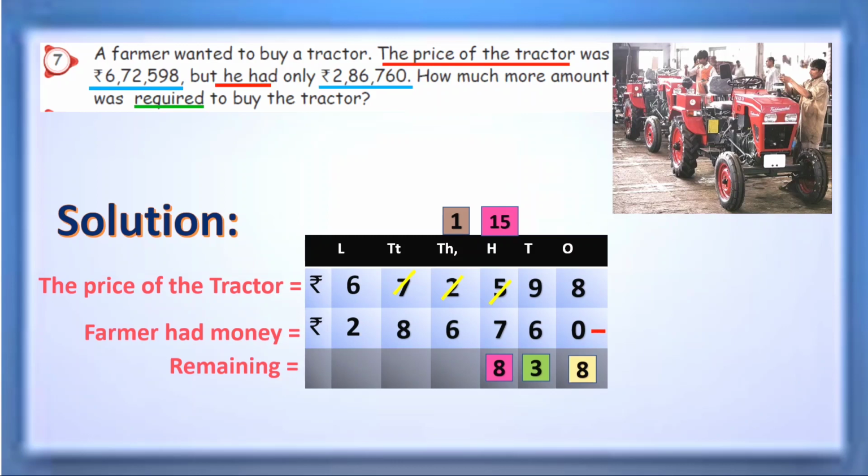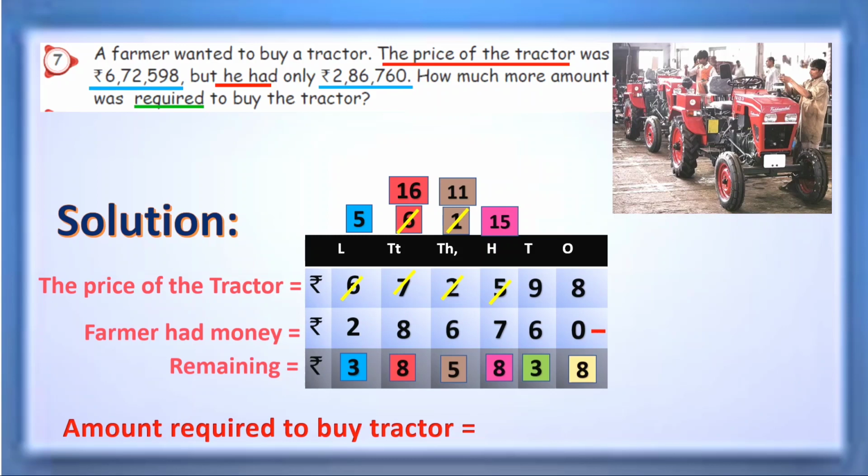And here only 1 is there, 1000 only. Okay. So get the support from 10,000. Here 6 will be there and give that 1 and mention 11. So now we can do the subtraction. 11 minus 6, 5. Then come to the 10,000. 6 also is not enough to do the subtraction for 8, isn't it? So cancel the lakhs place and then give the support to the 10,000. So 16 will be there. Now 16 minus 8, 8. So in lakhs place 5 minus 2, 3. So this will be the remaining amount.